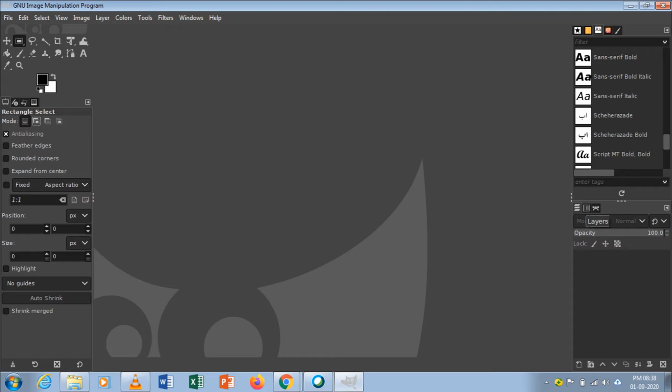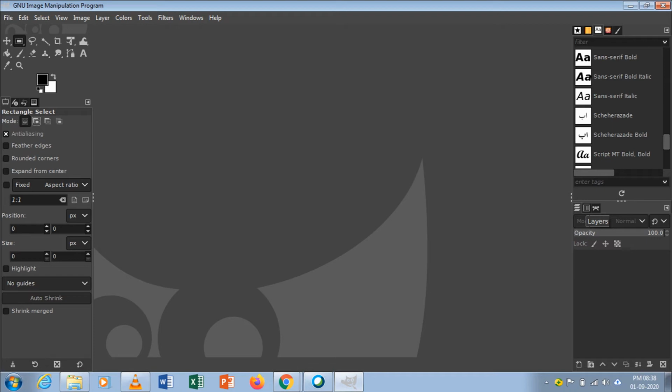Next to the layers option, you can see the path tool and channel tool. Right hand side you have layers tool, path tool and channels tool.